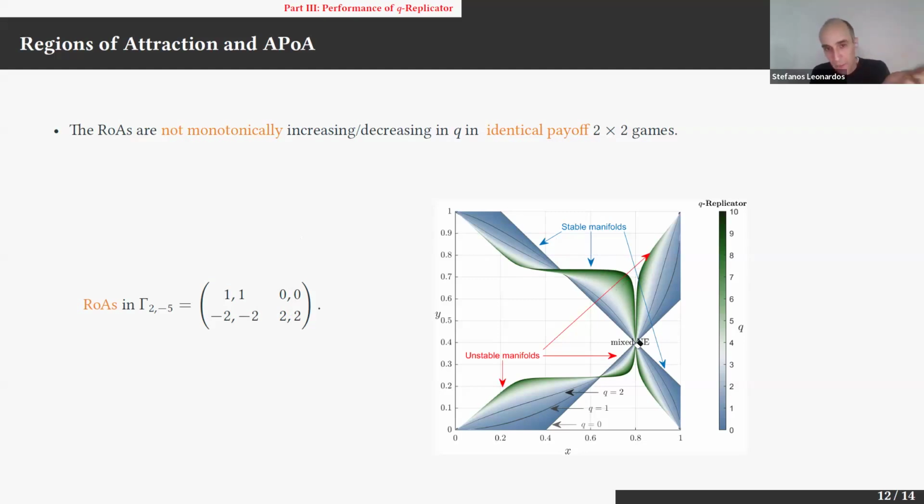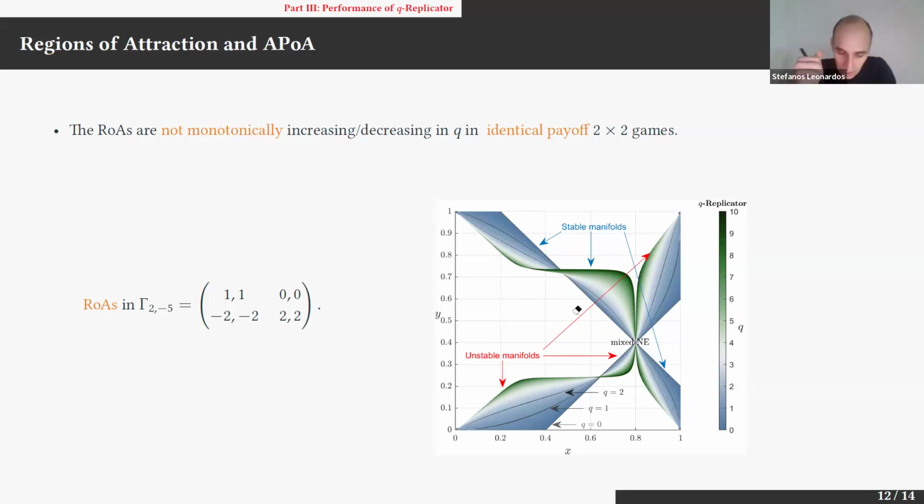They all go through the mixed Nash equilibrium in this game, but here we don't have a result that the regions are monotonic. So here it's just this fancy, let's say, colored area. It's just all the separating lines overlaid. Maybe it's not very intuitive, but again, what this slide aims to say is that,